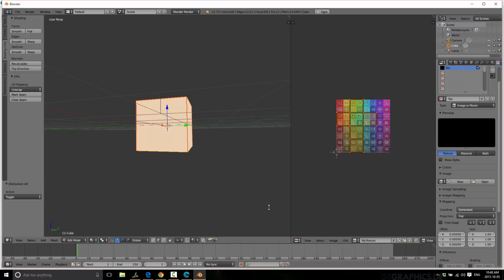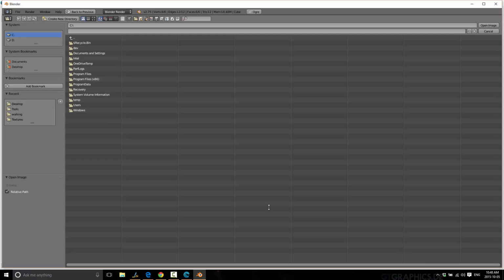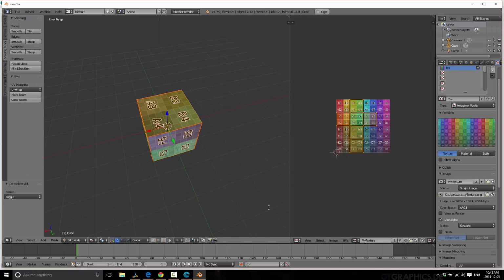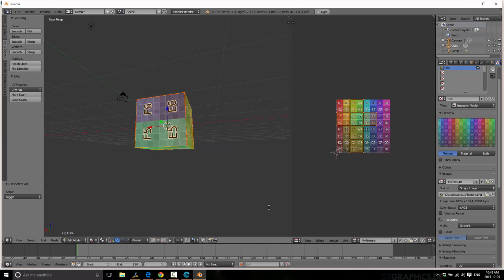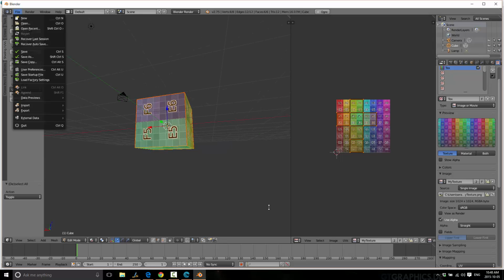Image, see if you apply coordinates UV. Let's pick our UV map, and let's add our texture, desktop, my texture. There you go. All right, so there is our cube with a texture map on it. And now when you do your export, very critical, and here's one of those things about Wave Engine you should